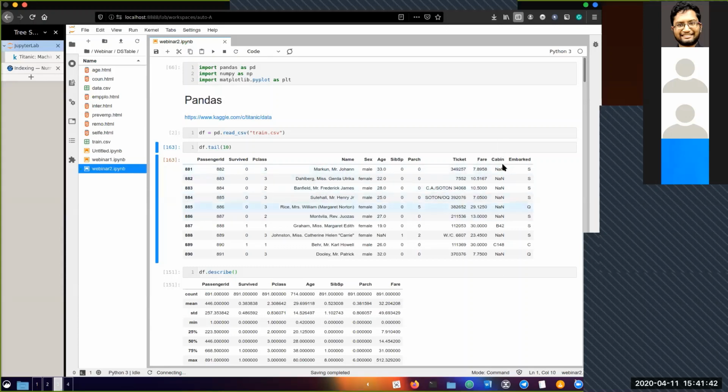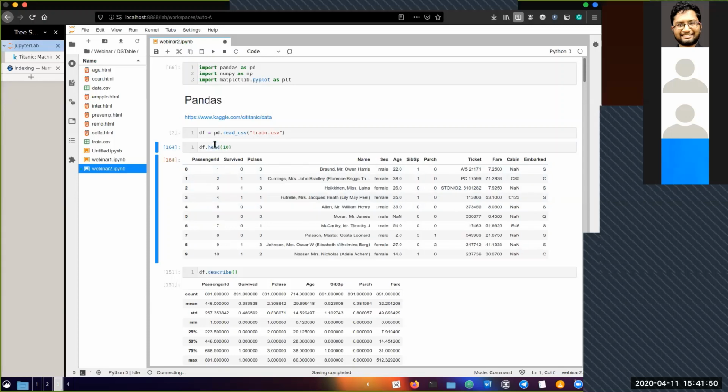Okay, so this is another important thing, NaN. NaNs are missing values. So for example, when someone was collecting this data, they found some cabin numbers, like C85, E46 or something, but some of them they couldn't find. So there it's missing data. And why